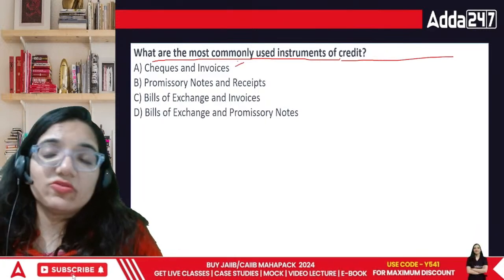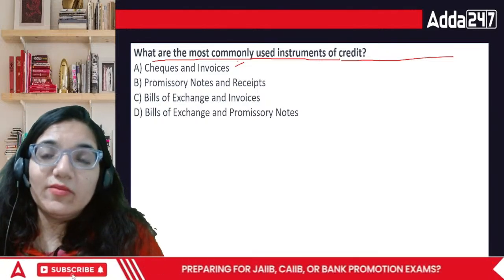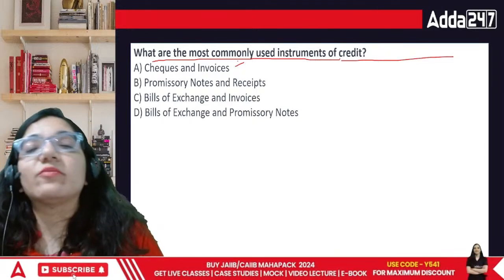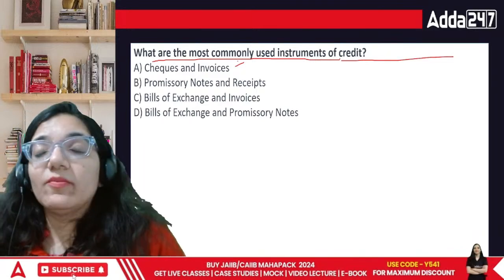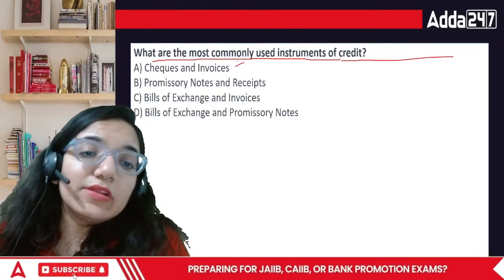Checks and invoices: though a check is also one of the negotiable instruments, it is not used on credit. Back-dated or future-dated checks are normally not that much used. It is used widely, but its popularity is not as much as that of bills of exchange and